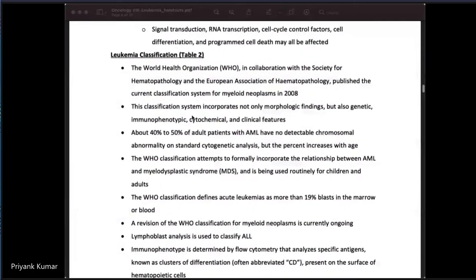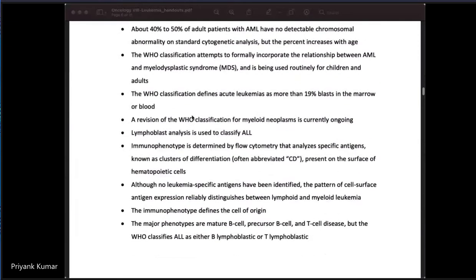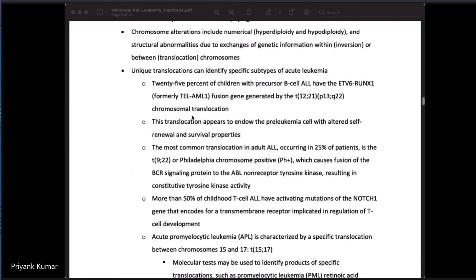Again, for leukemia classification, we follow the WHO classification. Now, unique translocations that are more